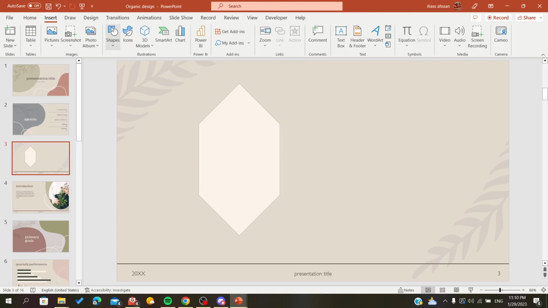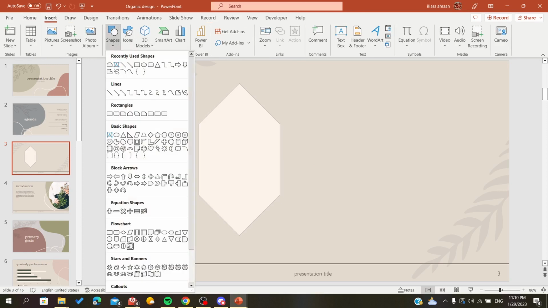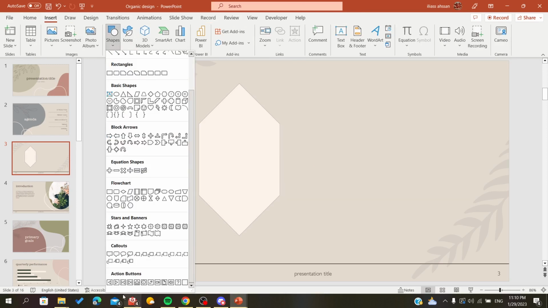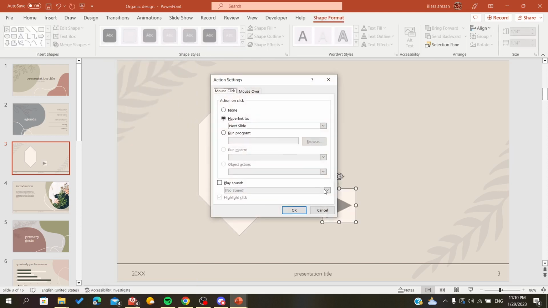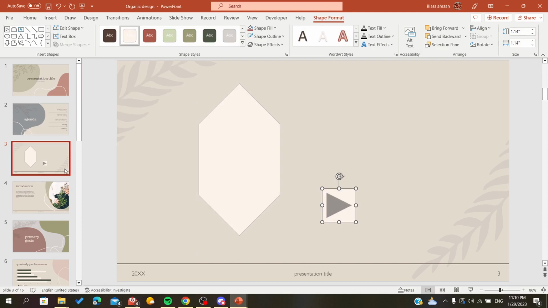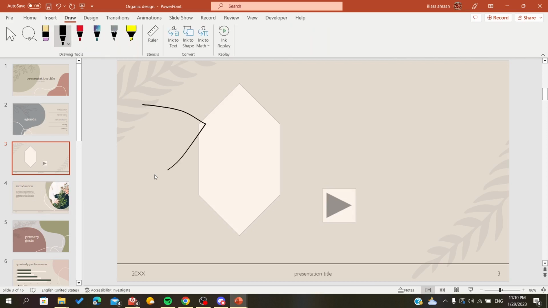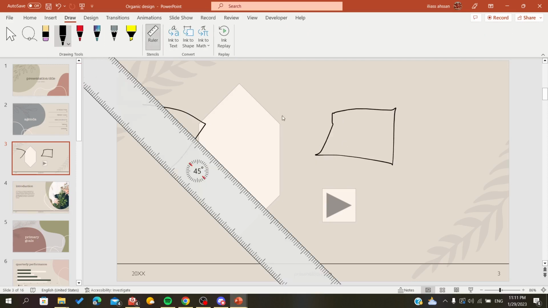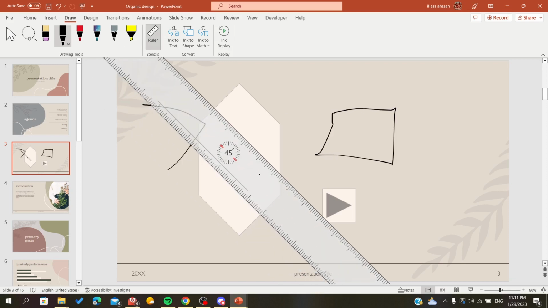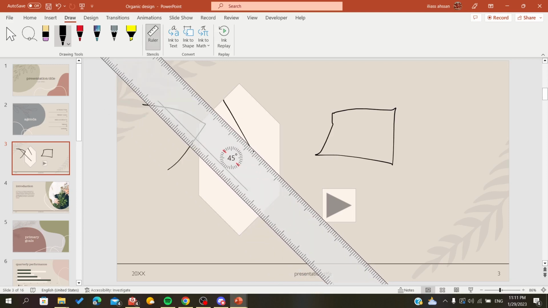Also in the inserts, you can insert like buttons with the shapes. Those are some buttons that are making some animations. So whenever you are clicking on it, it will take you to the next slide or depends on your link. There is also the draw section where you can add some drawing. So let's just have it like that, and it will have to draw things, and you can do multiple things